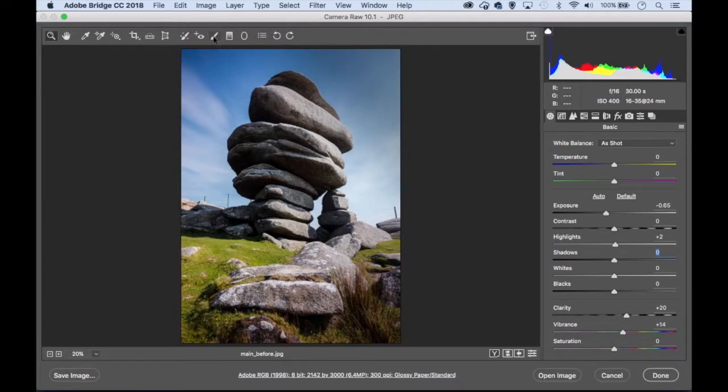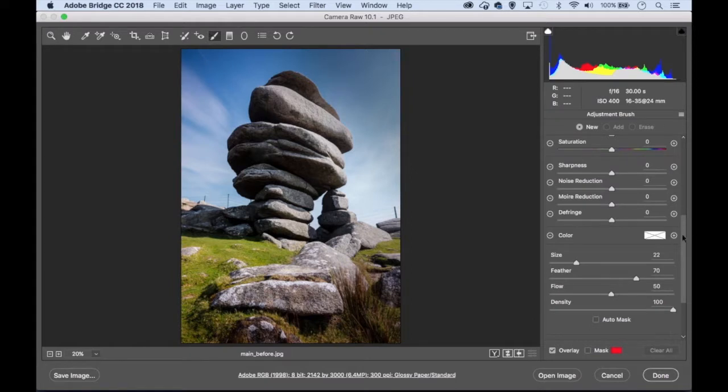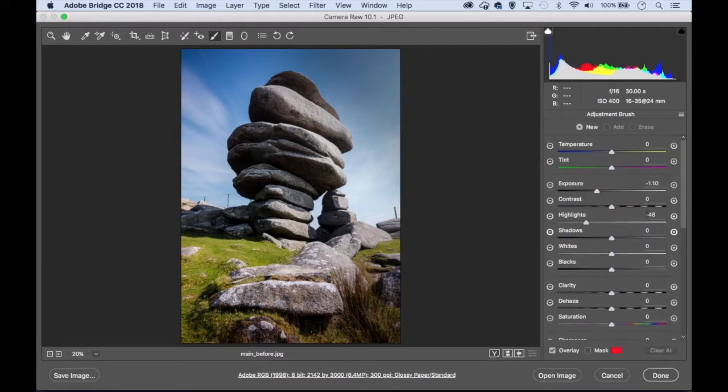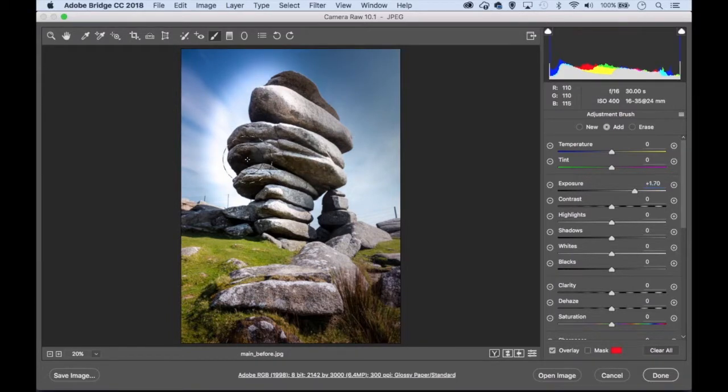This time I'll use the adjustment brush, and I'm going to go to my adjustment brush tonal settings here, and I'm going to click the plus icon next to exposure this time to dial in some positive exposure, and let's perhaps bring it up slightly more, and then I'm going to paint over this area here. So now I'm able to lift this portion of the image. In fact, let's just make it slightly brighter still. So now you can see I've lightened those darker patches of the rock, but of course I'm also lightening everything